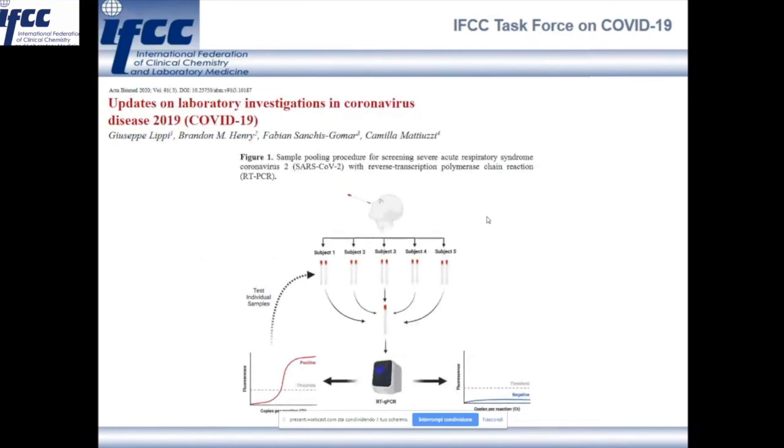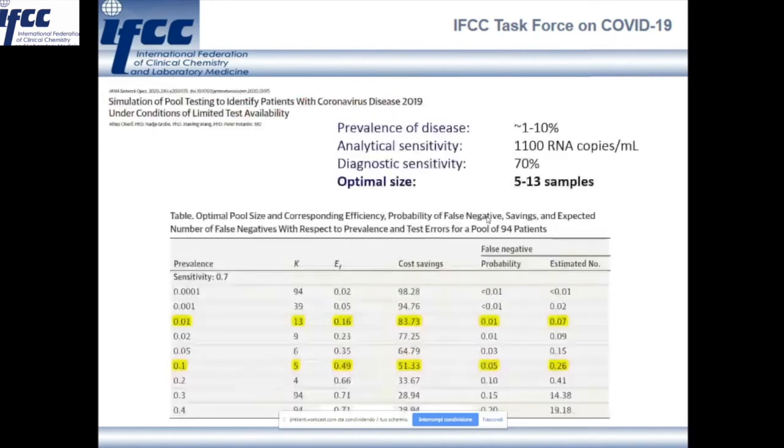Sample pooling is another interesting opportunity that has recently been addressed for the purpose of enhancing the efficacy of molecular testing. Briefly, the strategy encompasses the process of pooling together and then screening a variable number of clinical specimens, while individual samples will only be assayed when the pool generates a positive test result. Some published reports have recently highlighted that under specific conditions, this strategy may be feasible for counteracting local shortage of reagents or limited test availability in intensive testing areas, for enhancing the throughput and reducing the turnaround time,